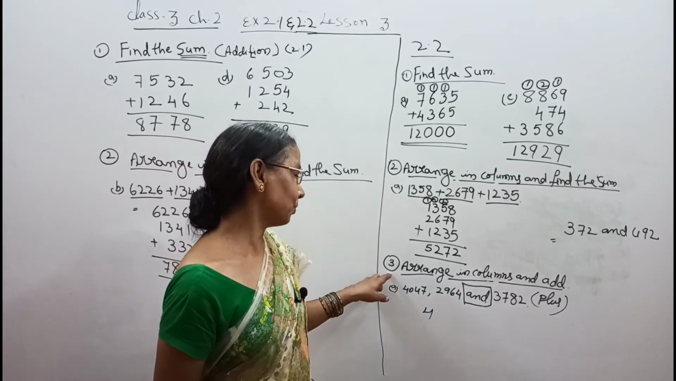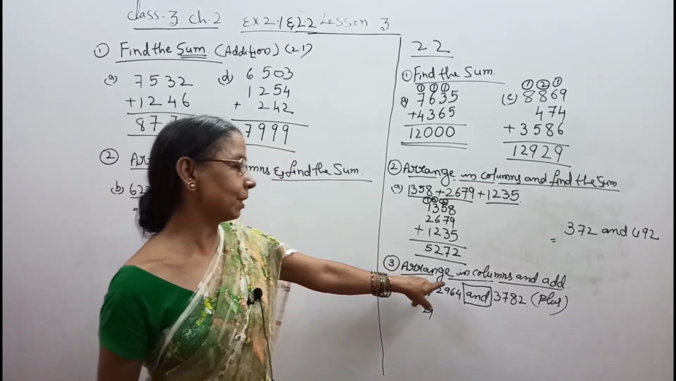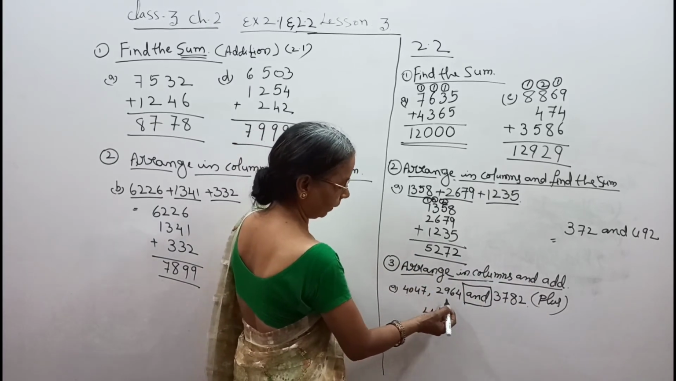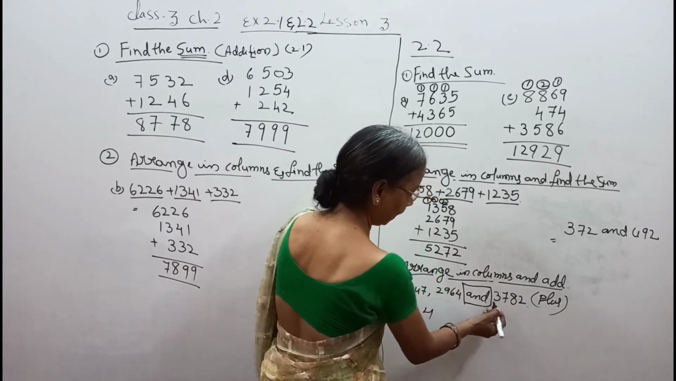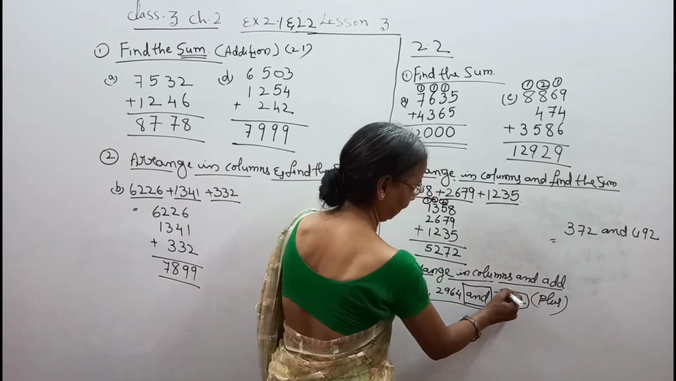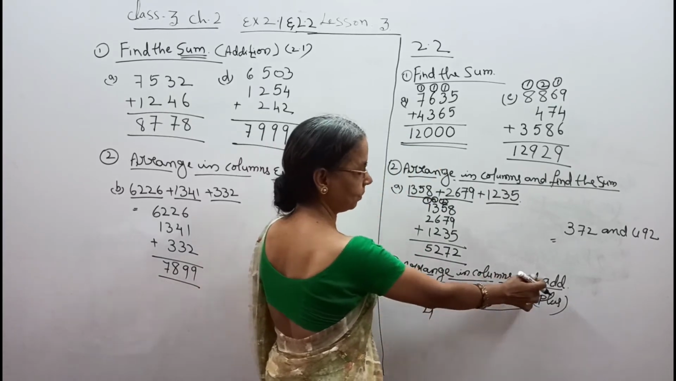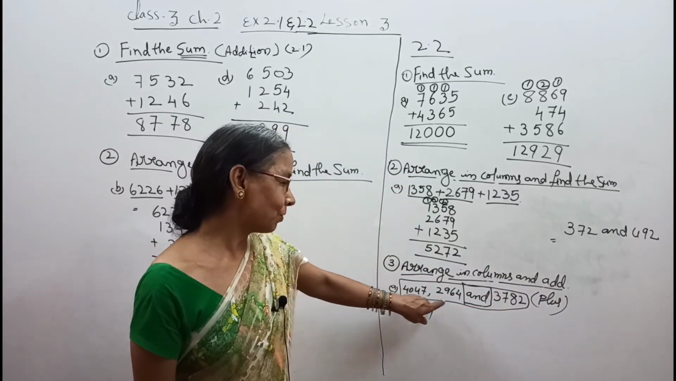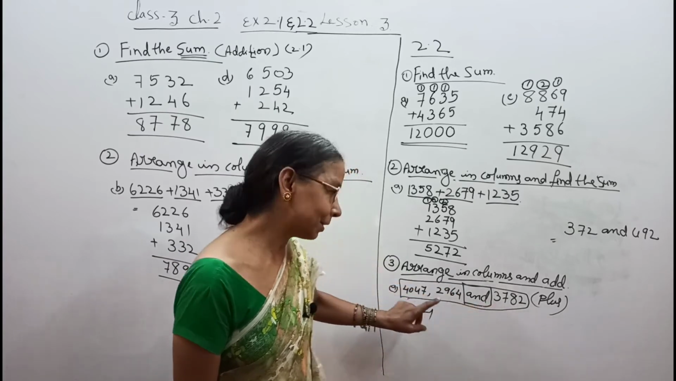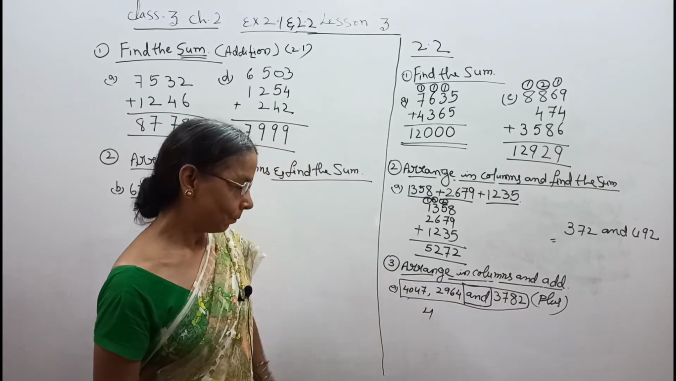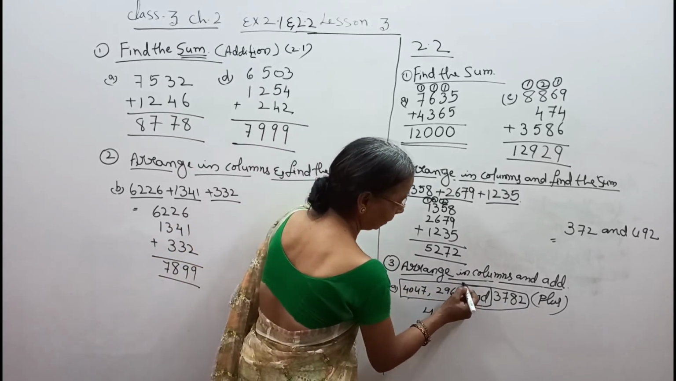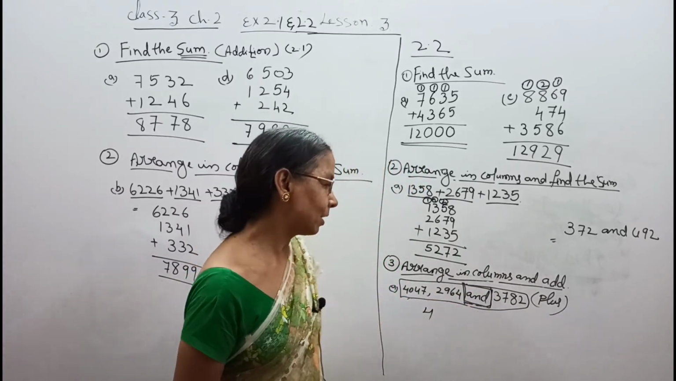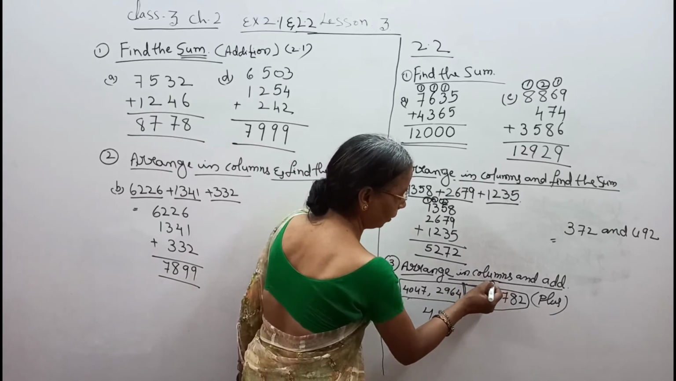Now we are going to question number 3, that is arrange in columns and add. As the question shows, first we have to arrange these numbers into columns and then we have to add them. First we have to write them in the columns and then we have to add. Then if this "and" is confusing you, that why it is given, then simply if you read the question,